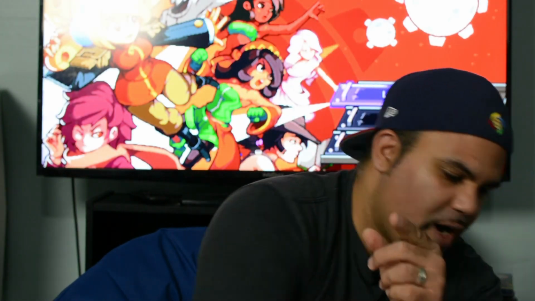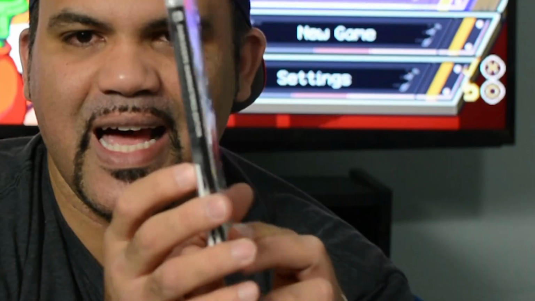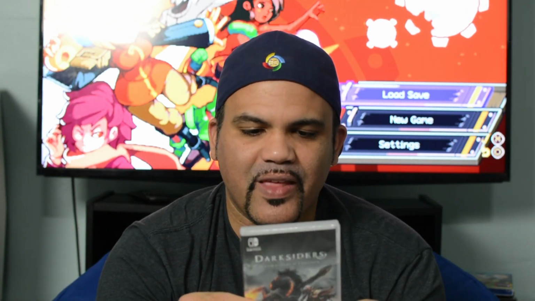But anyways, I digress. So the game that I'm talking about, and I'm pretty sure you know, is Darksiders Warmastered Edition. This is a Nintendo Switch game, and if you look on this side, the spine is black. Typically, all Nintendo Switch games have a red spine. However, the spine for this game, Darksiders, is actually black, and THQ Nordic